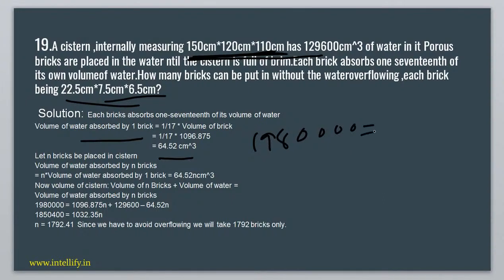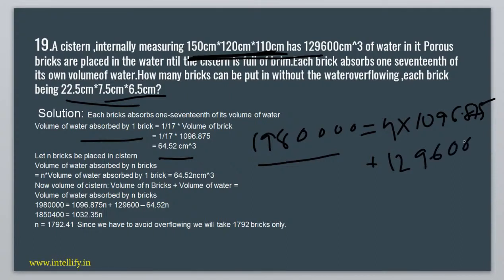This will be equal to the total volume of brick plus water. Since we have kept the bricks inside the cistern, the volume of the cistern equals the volume of the n bricks we have put in, so n into the volume of one brick, 1096.875, plus the water which has already been put,